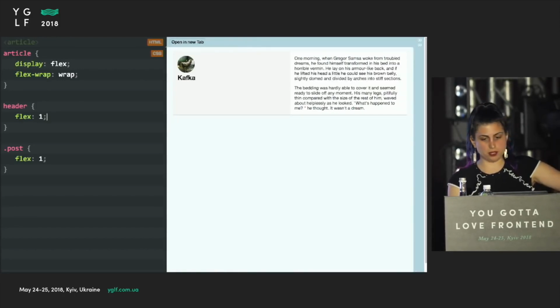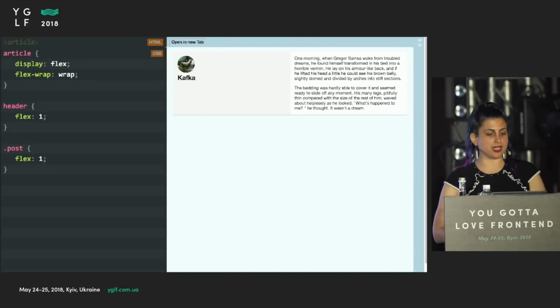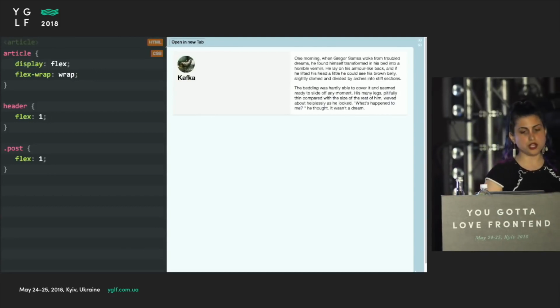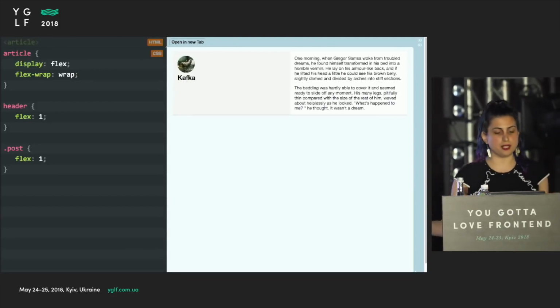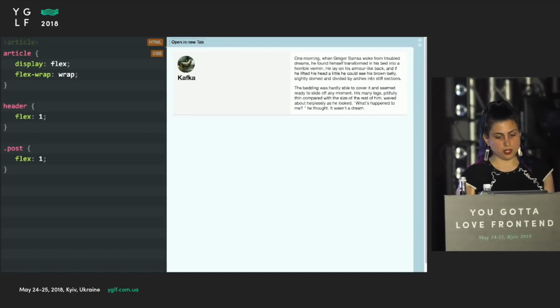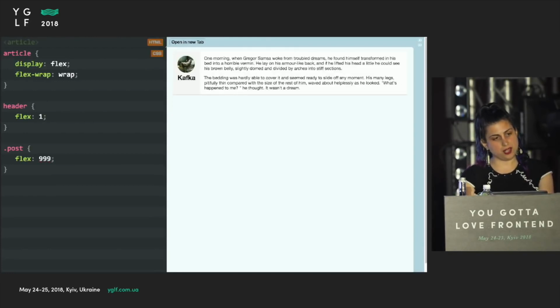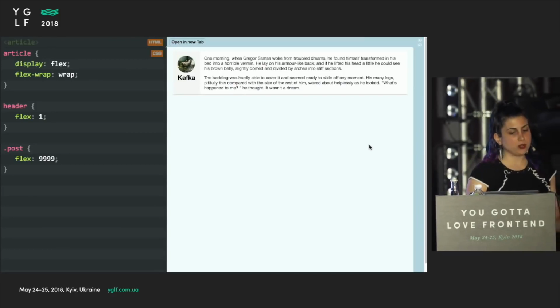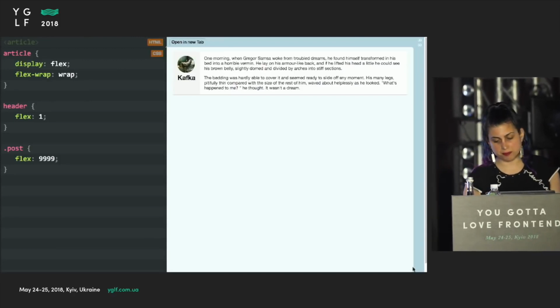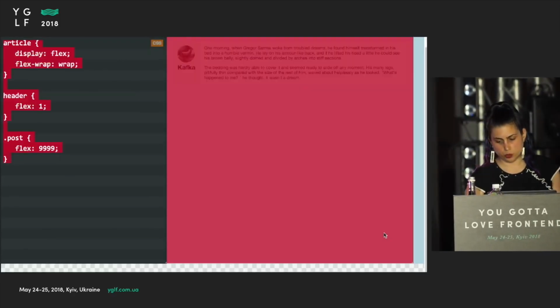And why is it huge? Because the relationship between these two is basically one-to-one. Like, I'm basically saying these should stretch equivalently to fill any remaining space. But I don't really want that. So what I can do is, I can give this a really large number so that when it's horizontal and they're sharing the same space, we still get the same behavior as before. But when they're vertical,